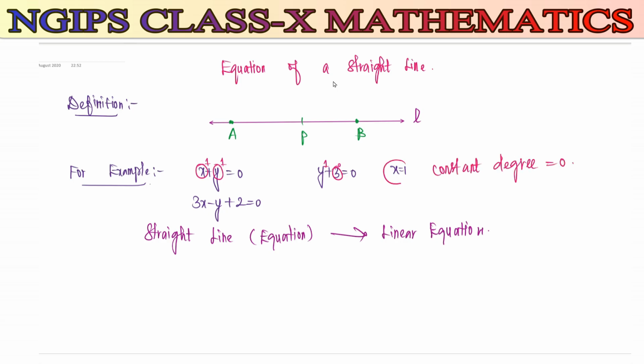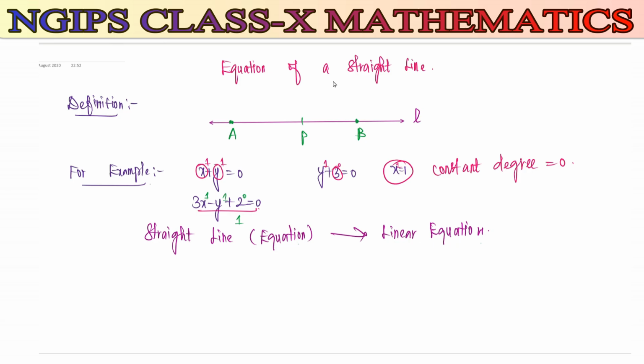Now here x is equal to 1. Here also the degree is 1. If we consider this expression, totally we have 3 terms and 2 operations. In the first term, if there is no degree, we can take the power as 1. For the second term the power is 1. For the third term, a constant, the degree is going to be 0. So the highest power of these terms is always 1. So we can say it is a straight line equation, or you can consider it as a linear equation.